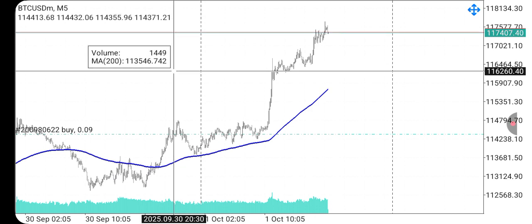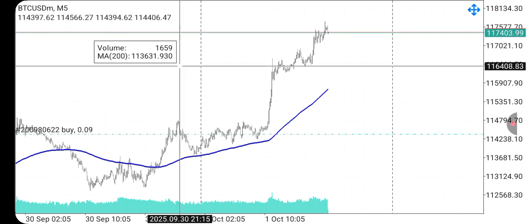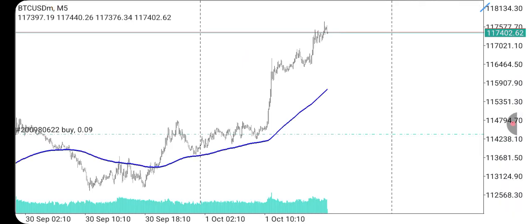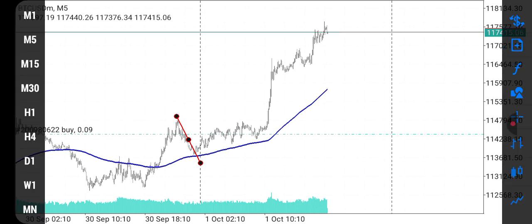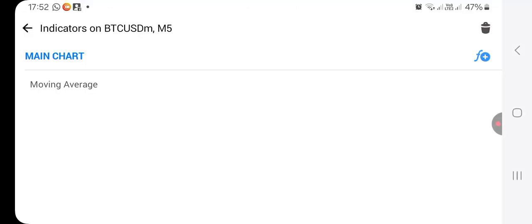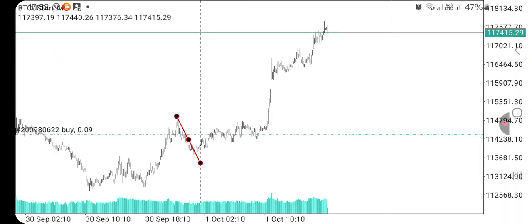When you wake up in the morning, you're going to check if the trend of the market was a sell or a buy. As you can see, when you wake up in the morning, the trend for this trade was a sell. Never mind the moving average anymore. Now we're talking about technical practices that will help you to always enter good trades. Let me just remove this. Let me make my charts clean. I'm making my chart clean so that you guys can see.